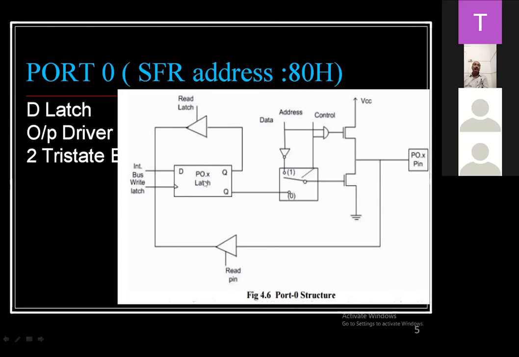So if I say what this block diagram is of, it is for each pin of port 0, that is P0.0, P0.1, P0.2, P0.3, each of them has this same circuit built into the 8051. So at the individual level, you can observe here P0.x is written. This X stands for 0 to 7. Remember, this X stands for 0 to 7. So P0.0, P0.1 like that. Understood? This is the brief introduction about this port 0 structure.